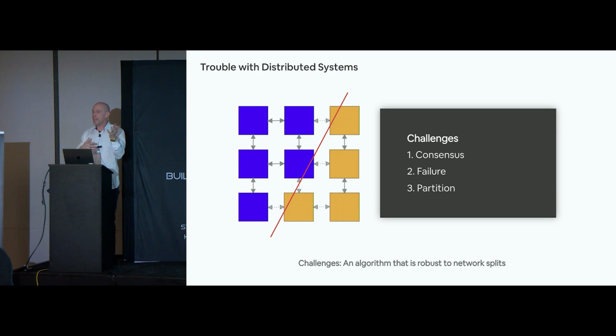They can't communicate. They can't talk to each other. And that can happen at any point in time. As we're trying to achieve consensus on something, there could be a network partition. And to make matters even worse, network partitions cannot be distinguished from failures. How do you tell? Did all those nodes in orange fail? Or can we just not talk to them right now? In general, we can't tell the difference between a failure and a partition.